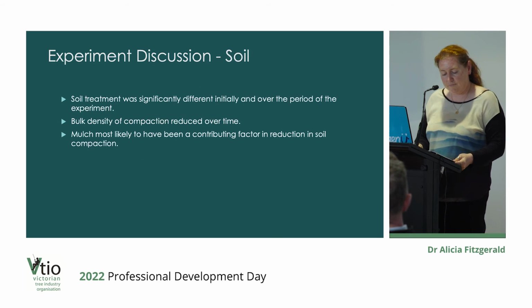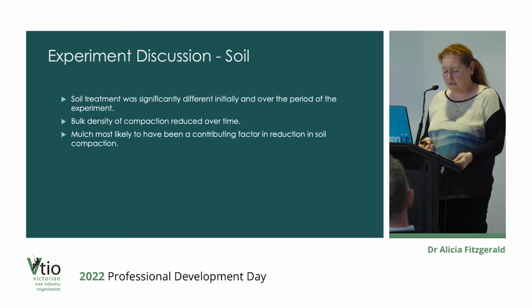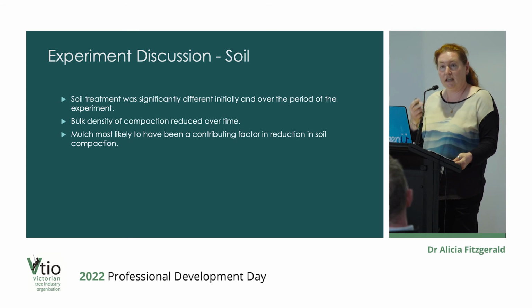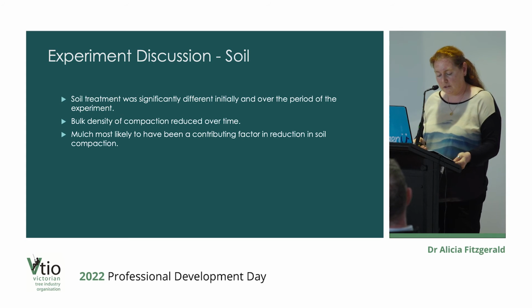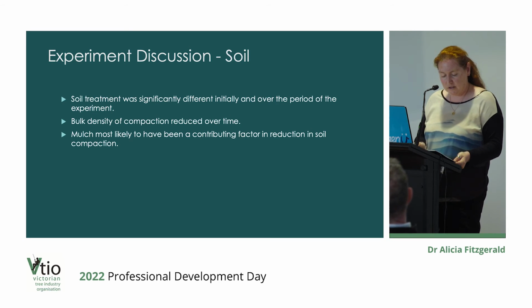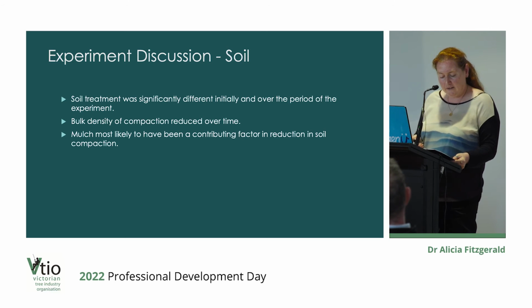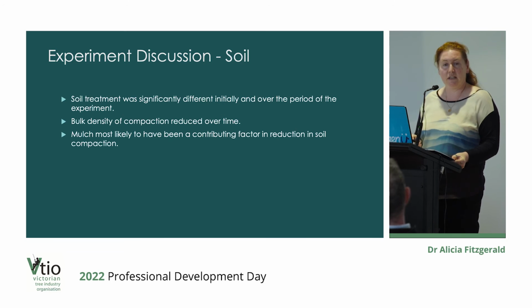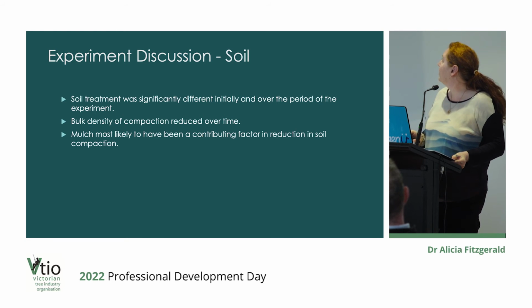The soil discussion. To gain an accurate measure of site bulk density, data was collected from the undisturbed soil profile, which is where the root growth would occur during the tree establishment. The bulk density and penetrative resistance data verified that there were significantly different levels of compaction between the 2 treatments. But over the 20 months, the bulk density of the uncompacted soil remained constant, while that of the compacted soil reduced. From this information, it's possible that root penetration reduced bulk density, but it's well known that